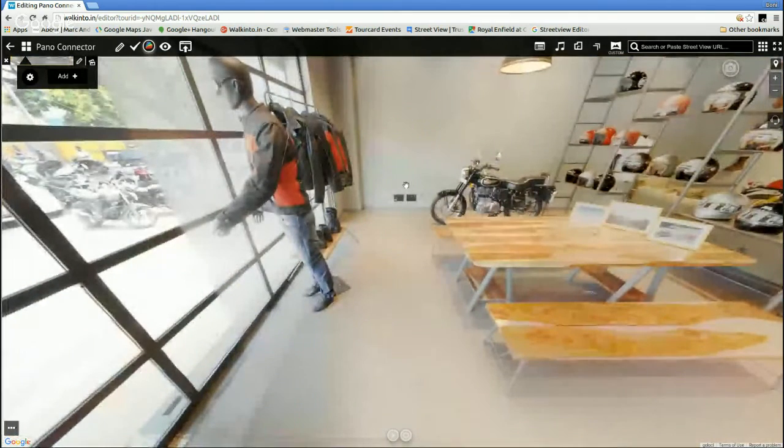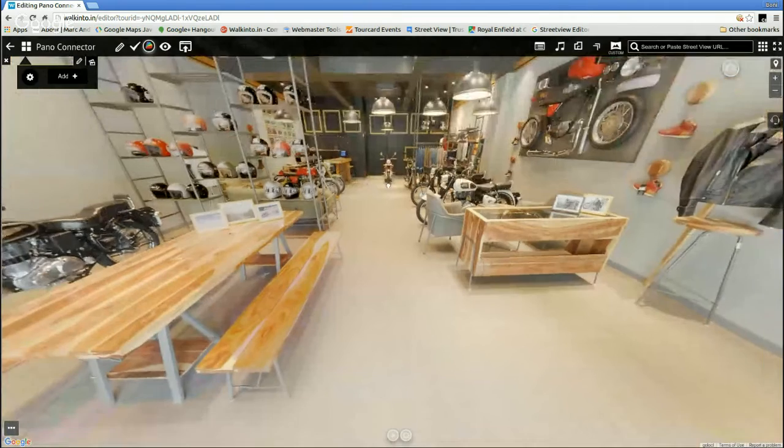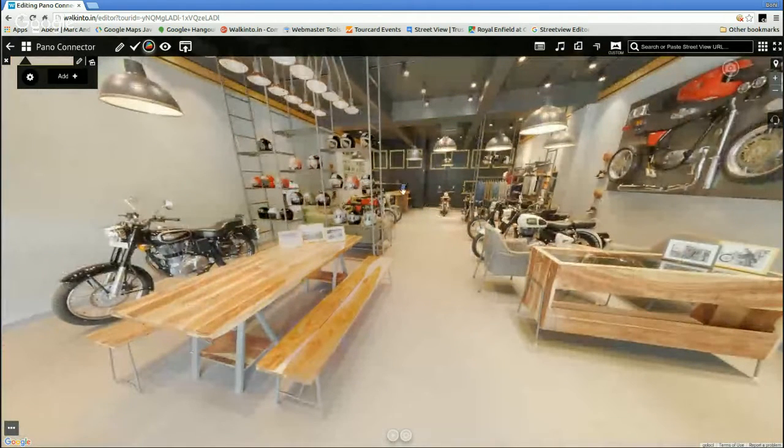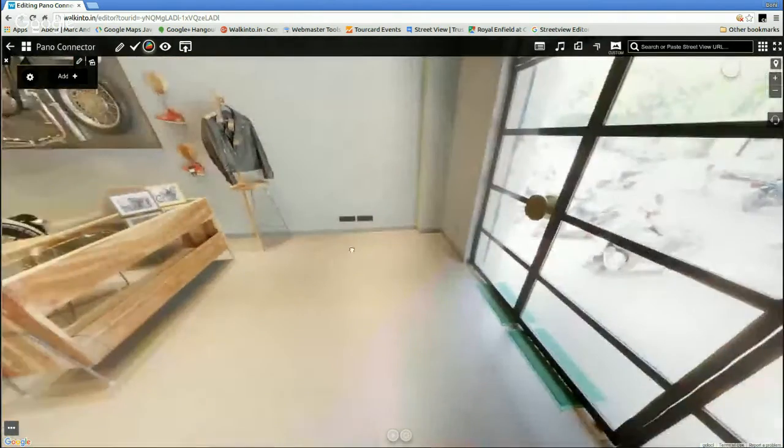On my left there are 2 more panels on this side, and on the straight line there are 1 or 2 panels still here. Then there's one panel slightly to the right towards this table, and then there is one panel that is towards the back, this red bar. So this is exactly what I want to take.